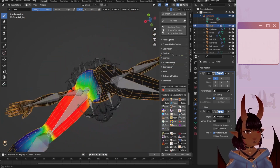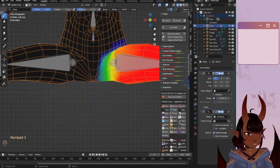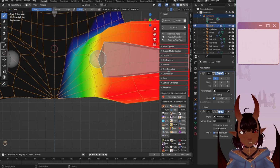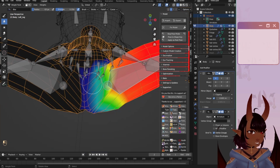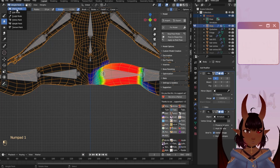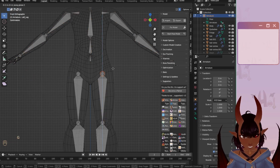Okay, and now we have this awful shape, which I do think means that we can benefit from making the leg bone lower down. But we'll have to look at that. Will lower down help? It's one of the two. It's either lower down or higher up. Okay, let's see what bone position might aid this pose. So if we go to armature mode, edit, let's bring this down, so GZ,